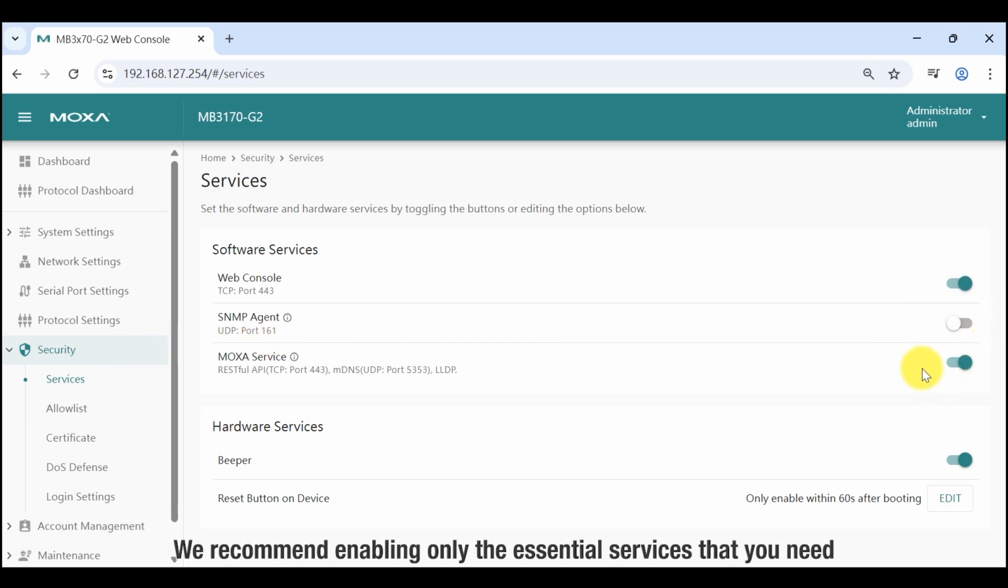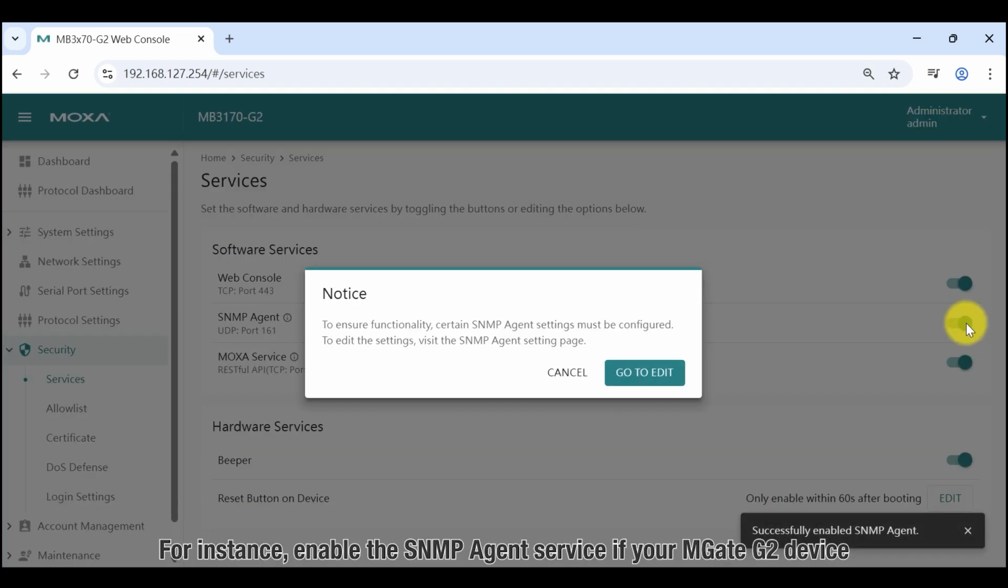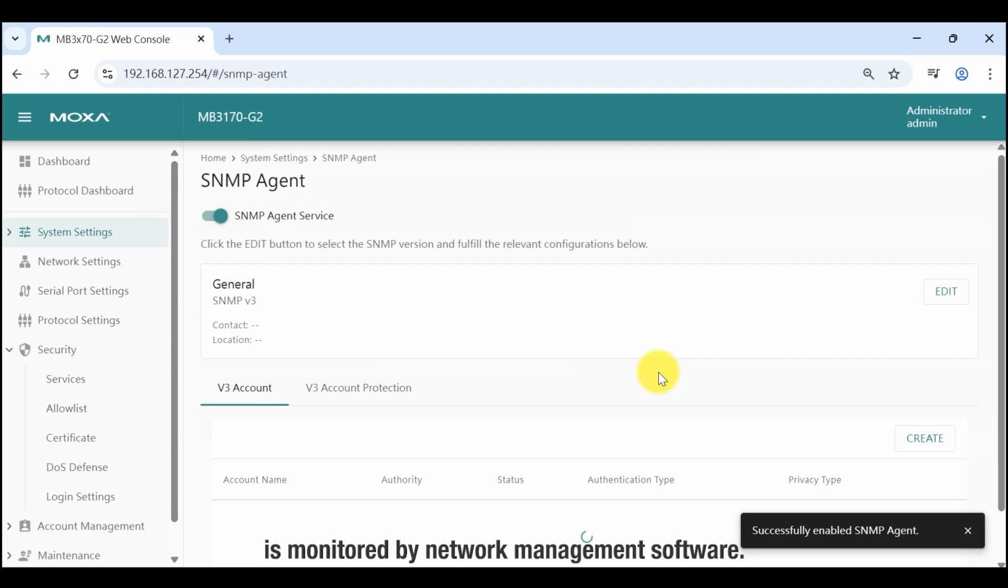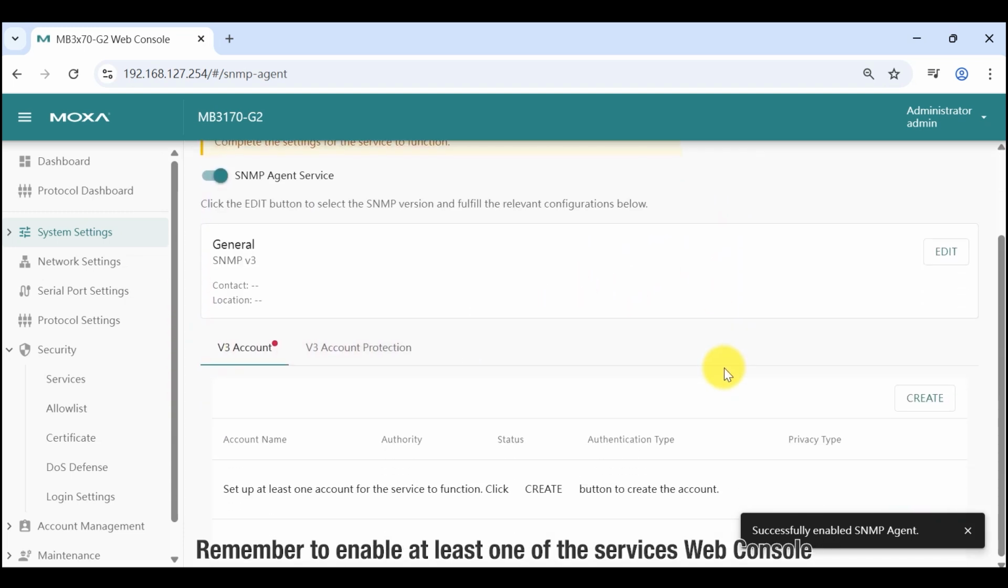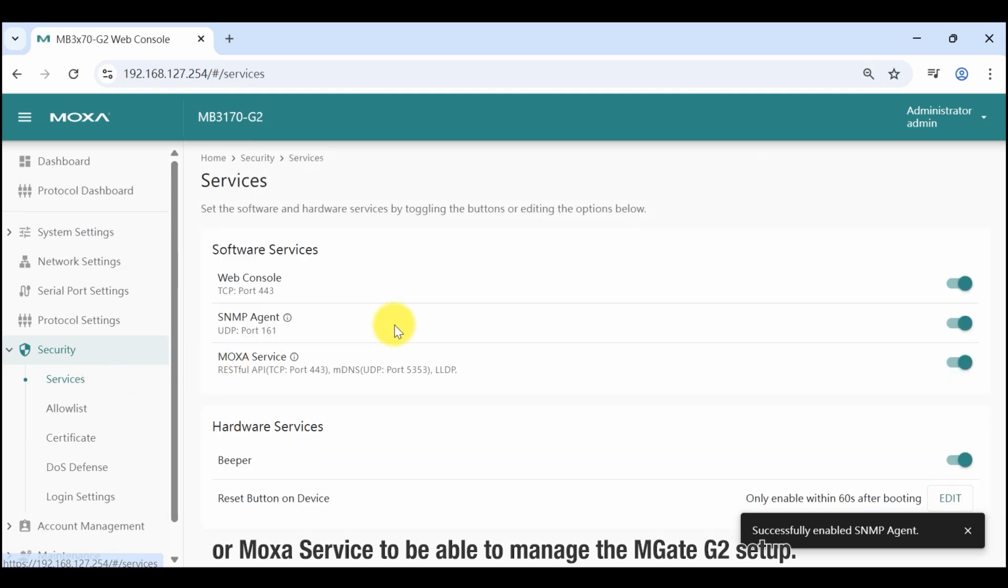We recommend enabling only the essential services that you need and disabling unused services and ports to reduce risks. For instance, enable the SNMP agent service if your MGate G2 device is monitored by network management software. Remember to enable at least one of the services Web Console or Moxa service to be able to manage the